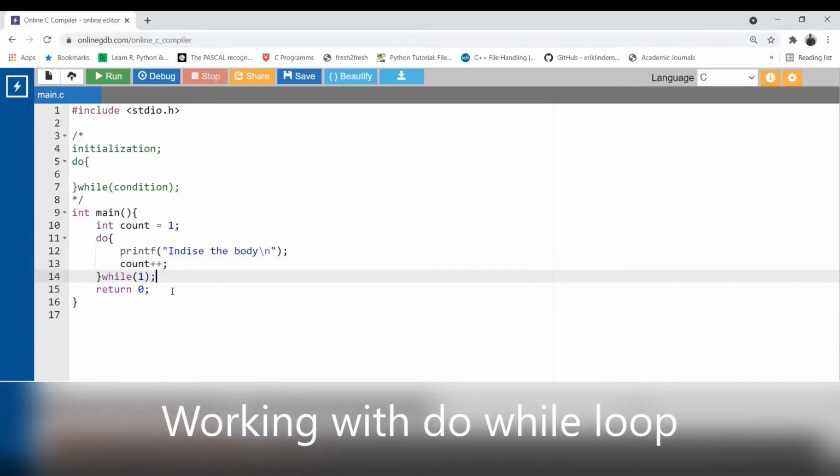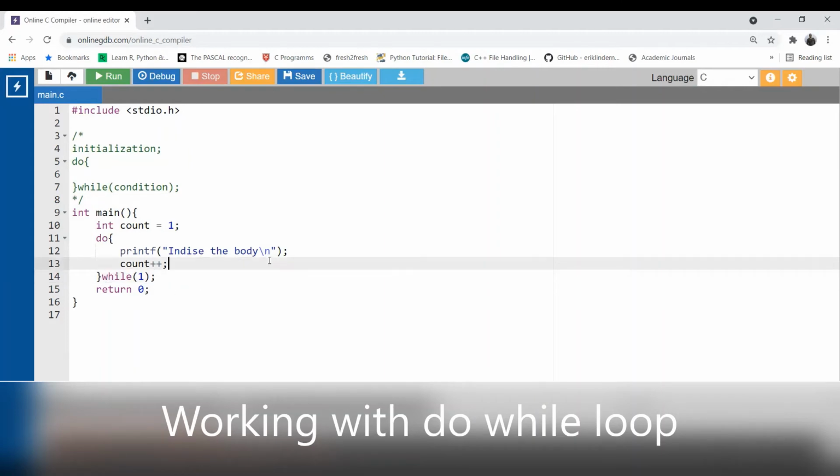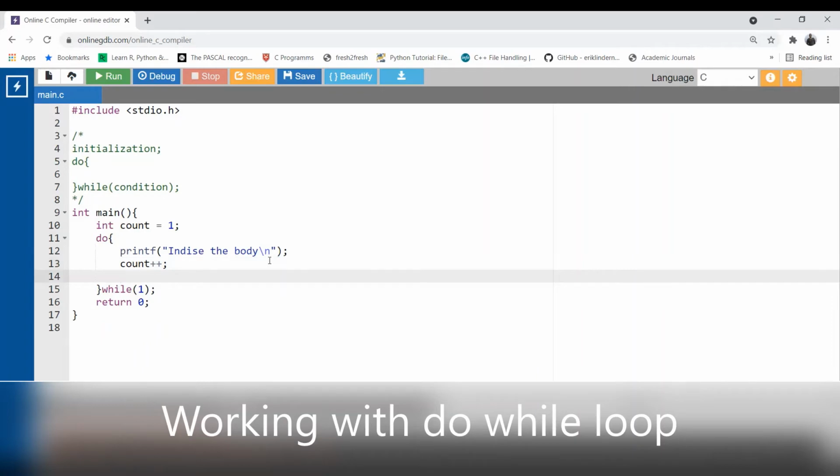Here also you can use break and continue. Let me show you. If count is greater than 5, break. Run this.